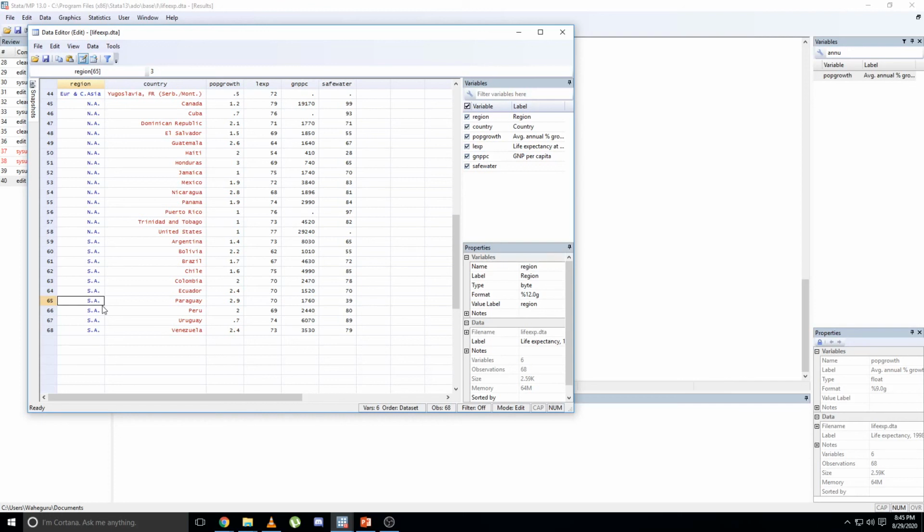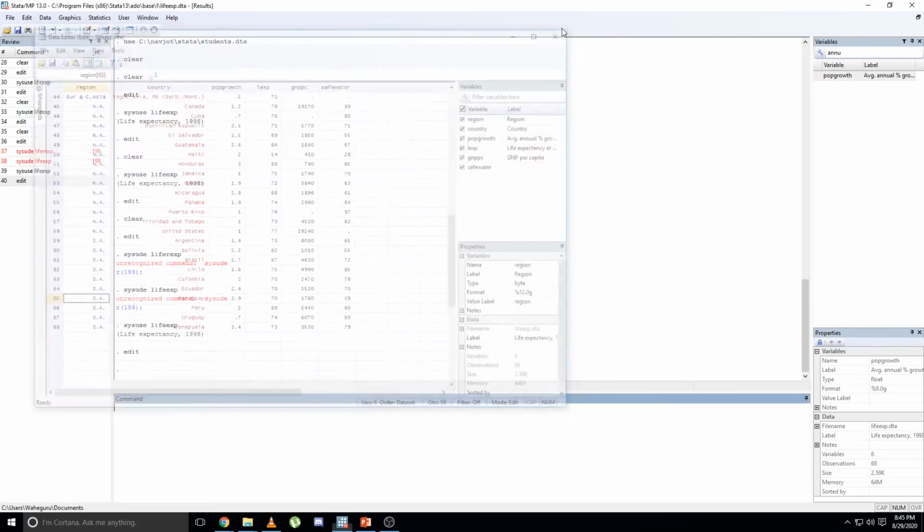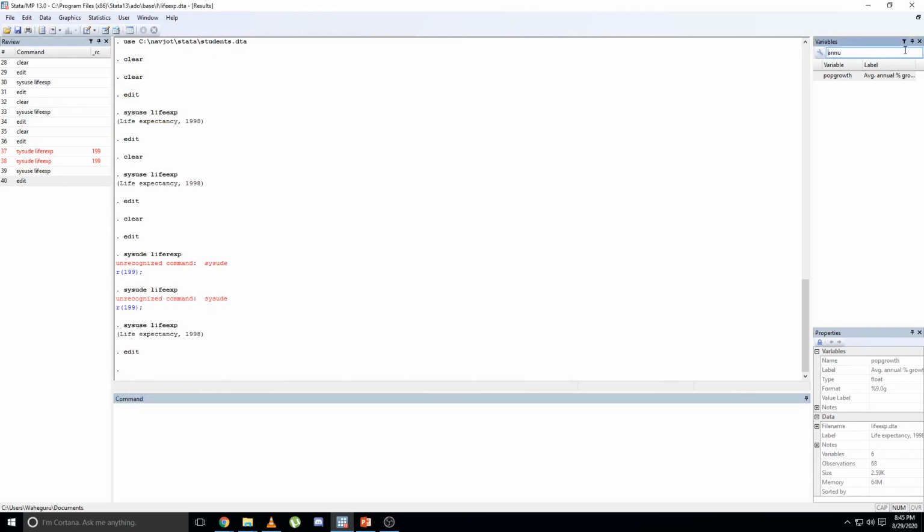Another nice feature in Stata is called the filter bar. It is also known as your search term bar or your variable search bar. So when you go to the variable window, you can look for the icon that looks like a funnel over here and click. You can type in your search term here, type the word annual, and it shows population growth because the word annual is in the label of the variable. This concludes the Stata introduction tutorial.